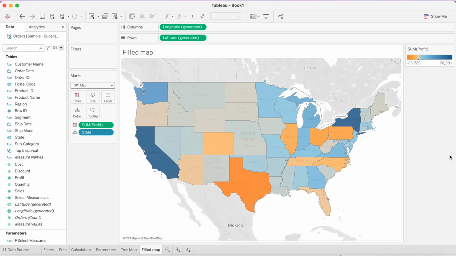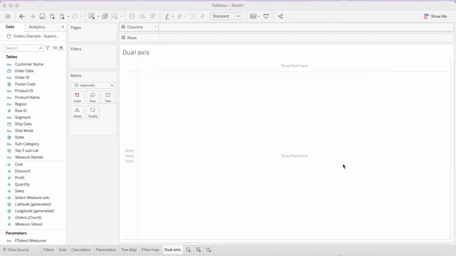Now let's move on to our last chart for this video, the dual axis combination chart, and how we can create that chart in Tableau. Dual axis combination charts, or combo charts, are useful for showing related information by combining two measures in a view or in a chart. This chart type is created with one shared axis, such as the x-axis for, let's say, date, and two separate axes, such as the y-axis for two different measures. Let's see an example here.